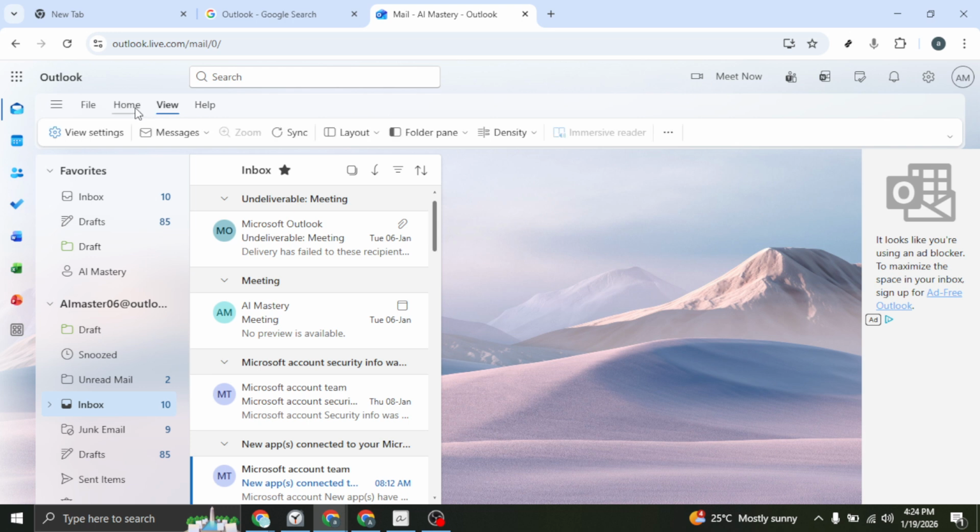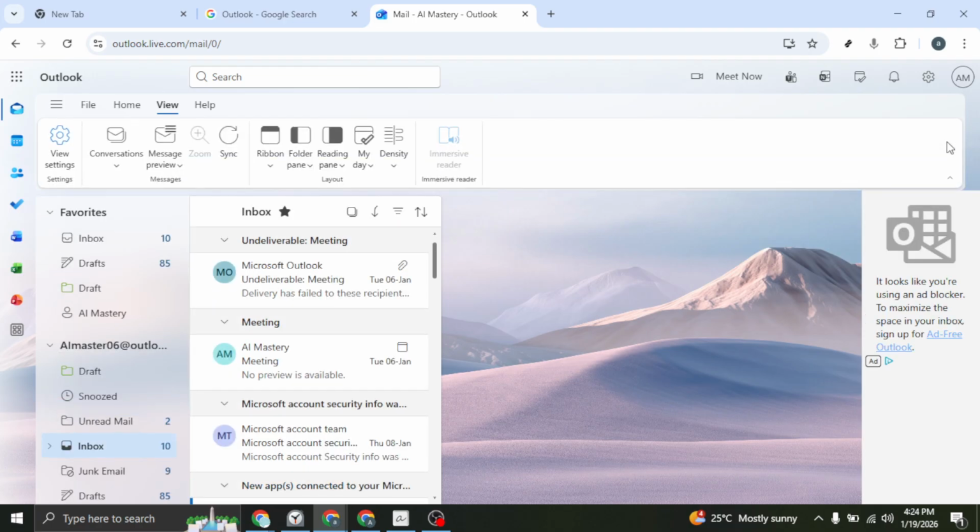If your toolbar looks collapsed, or you only see a slim row with very few buttons, it's likely minimized. To expand it, look for a small drop-down arrow or caret near the right side of the toolbar area. It can appear as a V-shaped arrow or a chevron. Click that drop-down icon, and the toolbar will expand to show the full ribbon beneath the tabs. You should now see the complete set of commands under Home, and switching to View or Help will change which